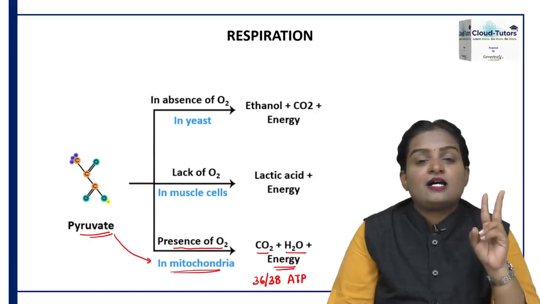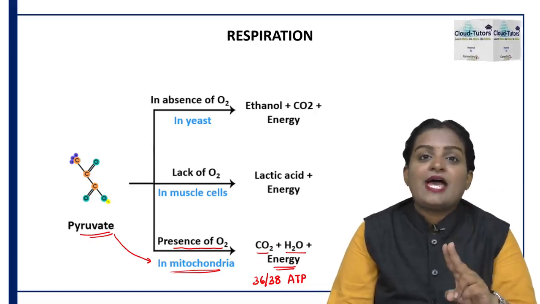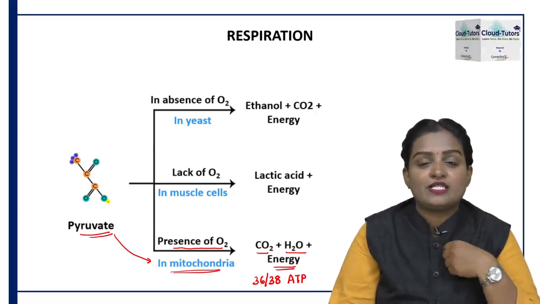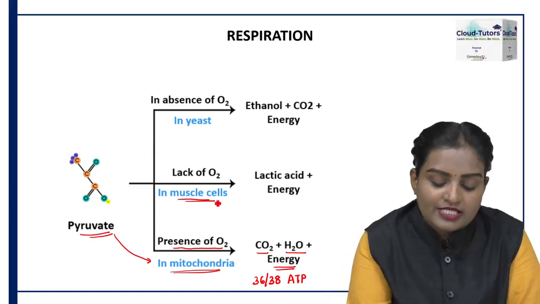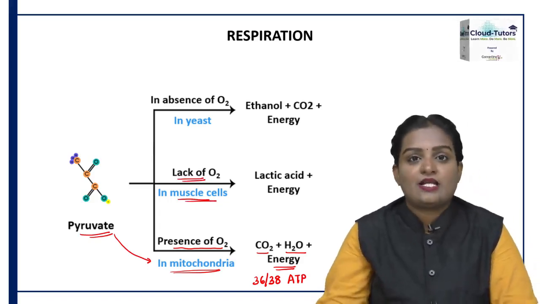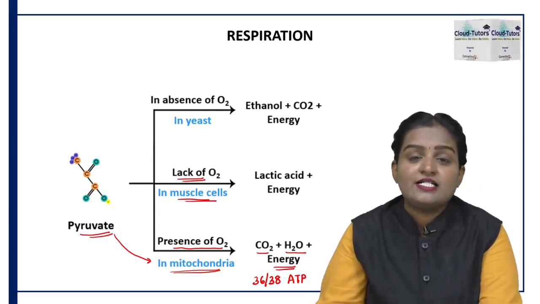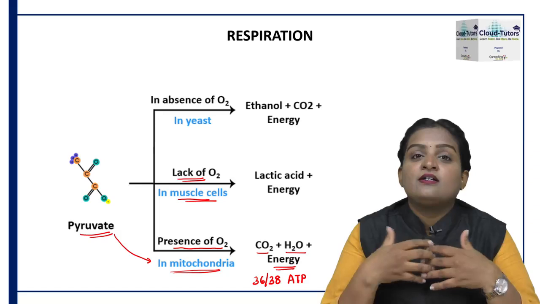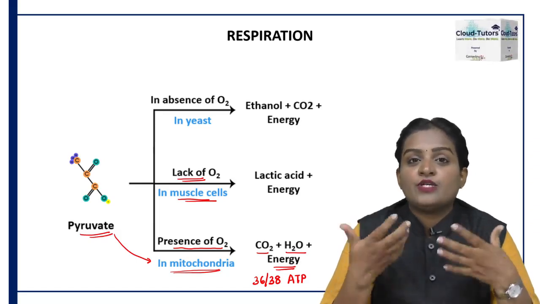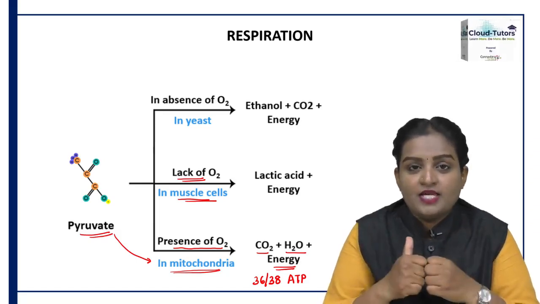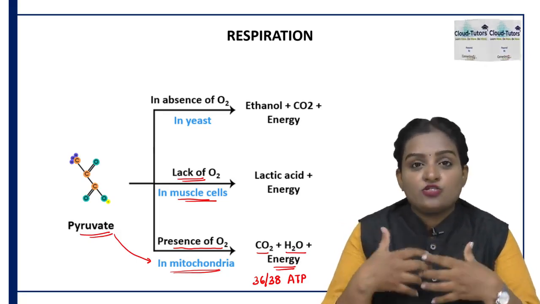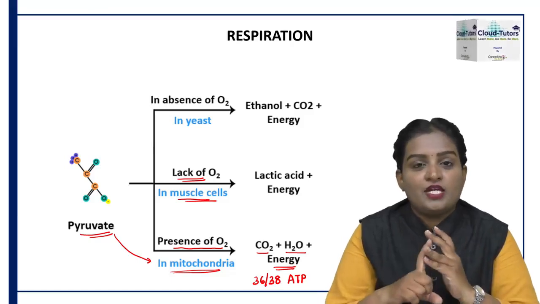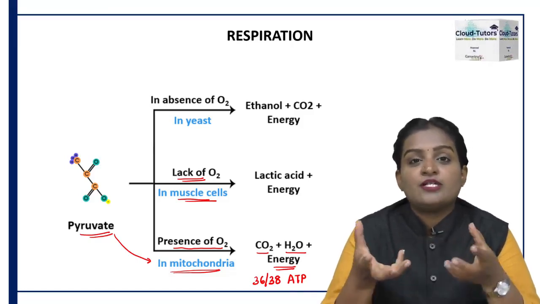Second path is anaerobic respiration. In anaerobic respiration, again there are 2 pathways. First is in humans, in our cells, especially in muscle cells, we can see during less supply of oxygen. When does this occur? When we are doing very strenuous exercise, or the muscle cells are working beyond our normal capacity. So for muscles to work or any cell to work, we need supply of oxygen and glucose. But when we are working too much, the muscle cells